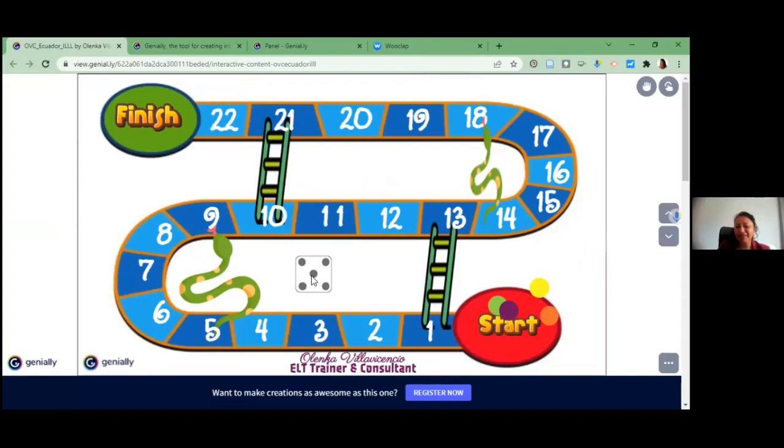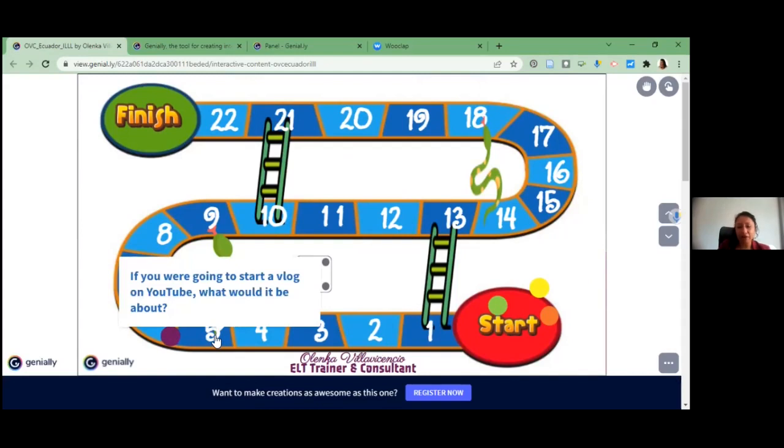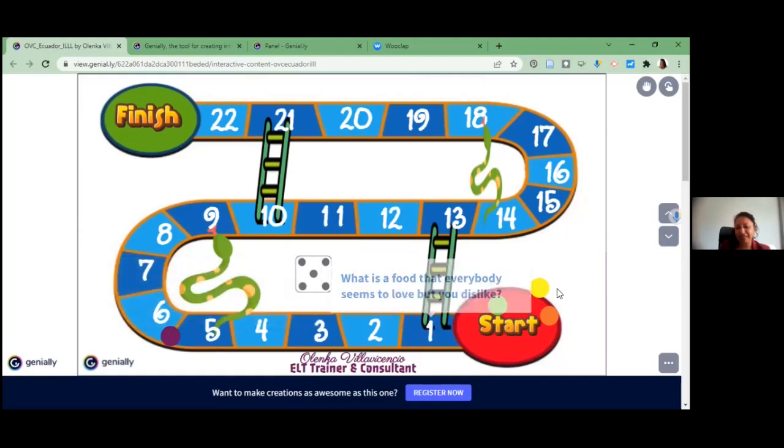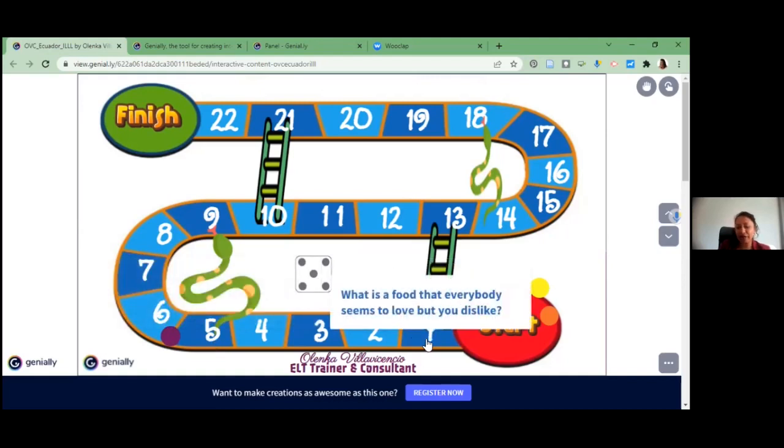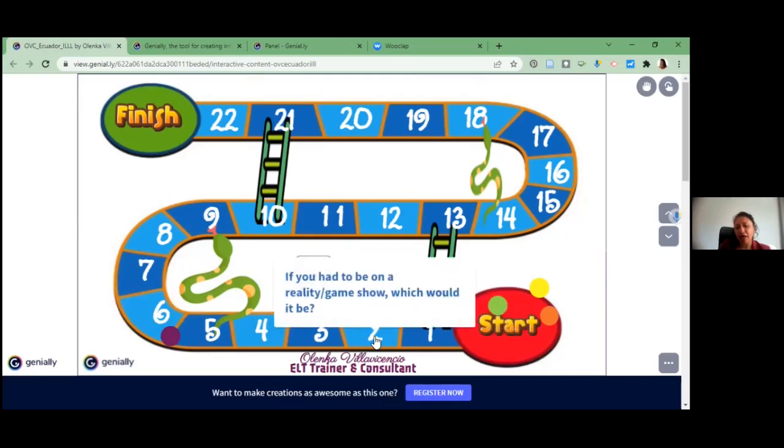Sounds great. The idea is that you are interested and you are going to do it. Come on, you're the purple color. 5, brainstorming of ideas. For example, if you were going to start a blog on YouTube, what could it be about? Students love this kind of interaction because it's ladders and snakes, and every number has a question, okay?